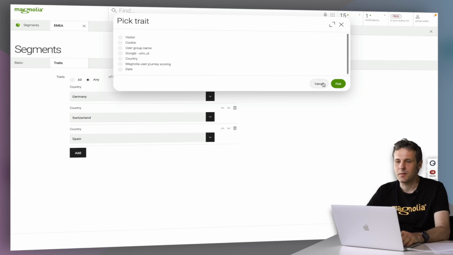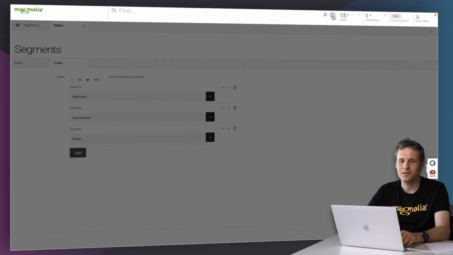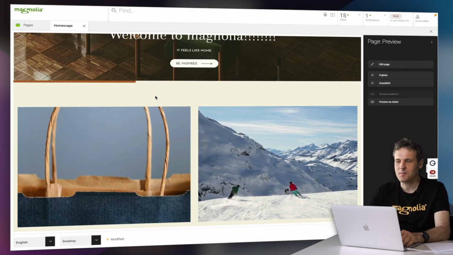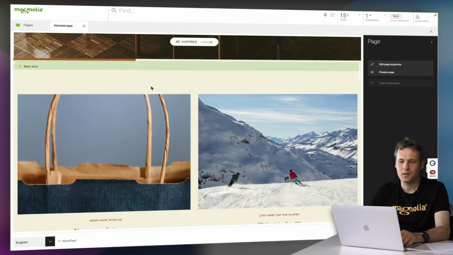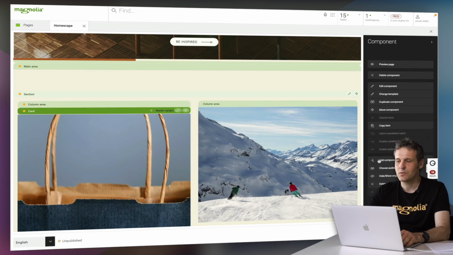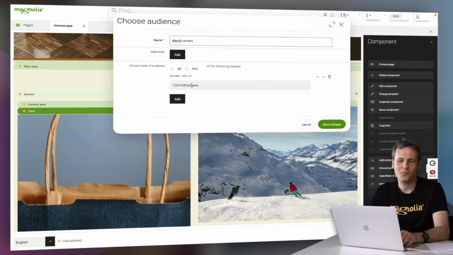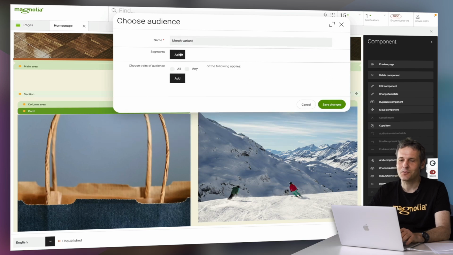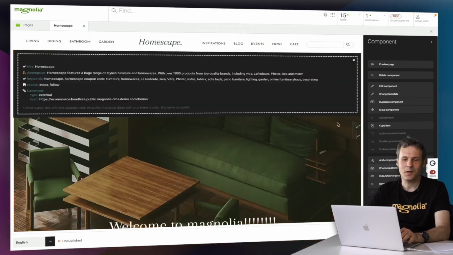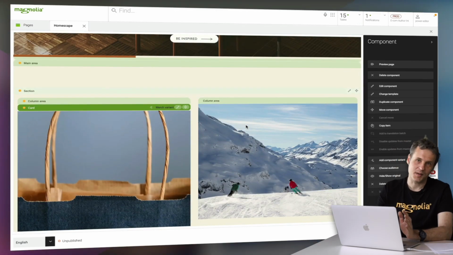Just to make it really clear, what I've done here in the demo case that we have seen is that on the segments part, I used a single trait. In reality, if you choose your audience, you're not going to work with traits most of the time, with a few exceptions. What you're going to do is use a ready-made segment. Okay, well, that's only one level of personalization. So